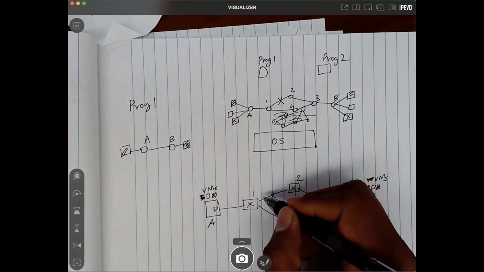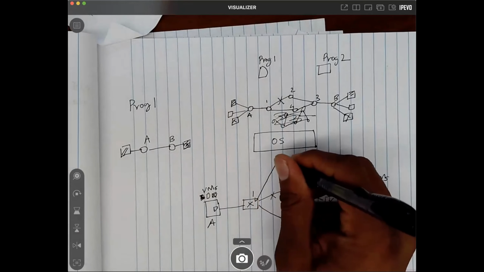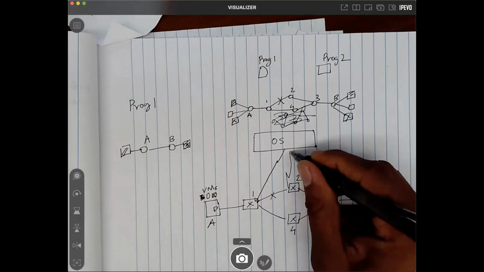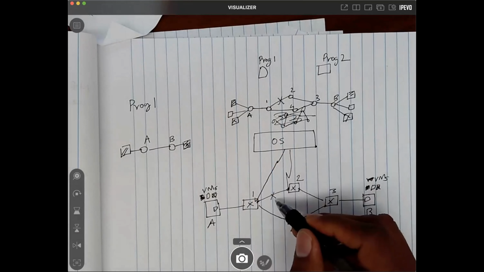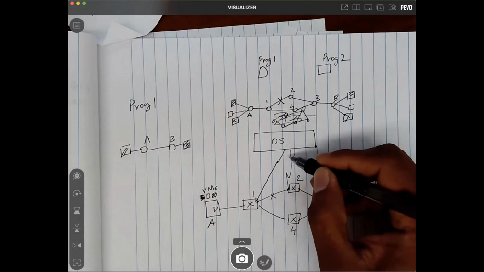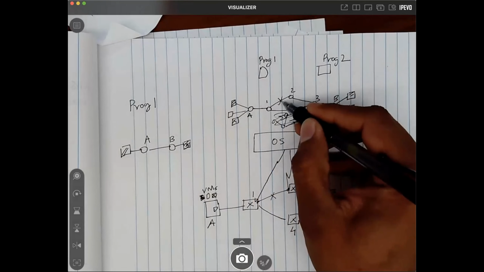Basically, you can set up a program which says that if a particular switch detects that a link is down, it can send a message to the operating system saying, hey, I think the link associated with this port is down. And 2 might also say that the link associated with this port is down. Then the operating system will take these notifications into consideration and update the view of the network, where it will take down this link.